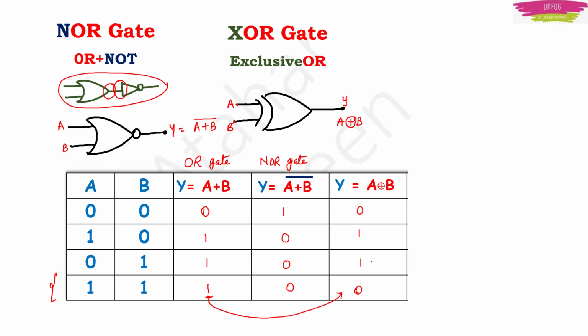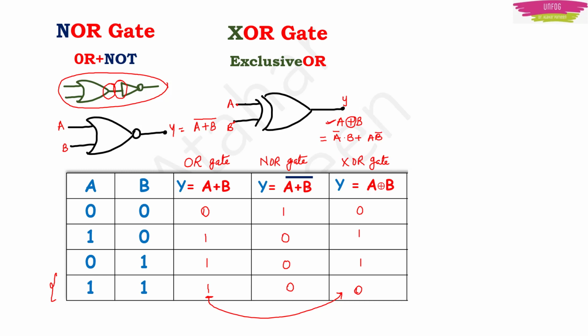So that's why I told that XOR gate is complement for 1, 1 with OR gate. So this is the XOR gate. If you want to write the Boolean expression in an elaborate manner, you write it like this for XOR gate: A complement dot B plus A B complement, or simply this is the symbol for the same thing.